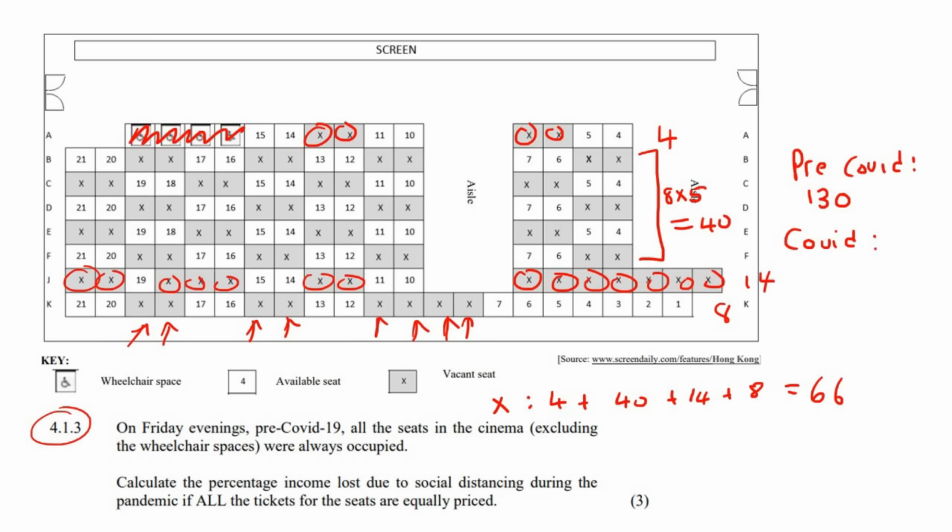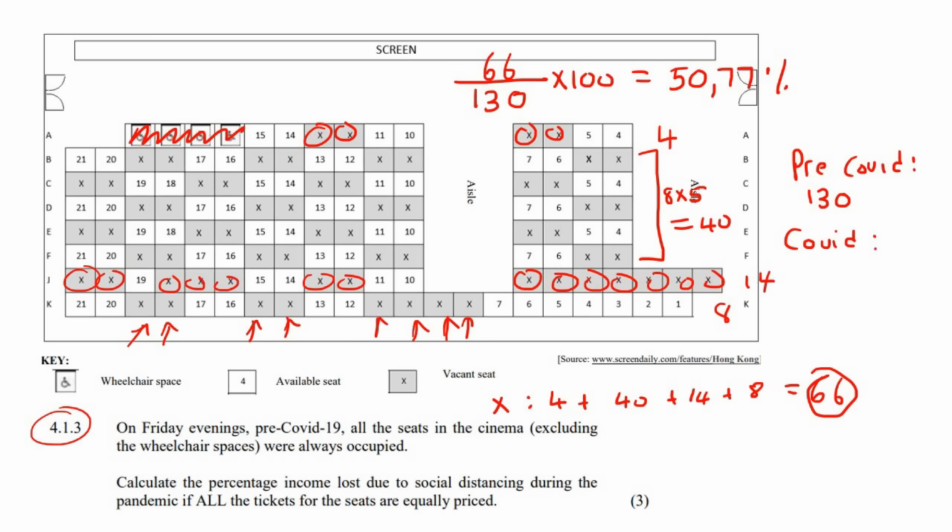So, out of a total of 130 seats, how many seats are they not allowed to sell? Well, they're not allowed to sell 66 seats because those are the X's. So, they want to know what this is as a percentage. If you multiply that by 100, and then round that to 2 decimal places, that's going to be